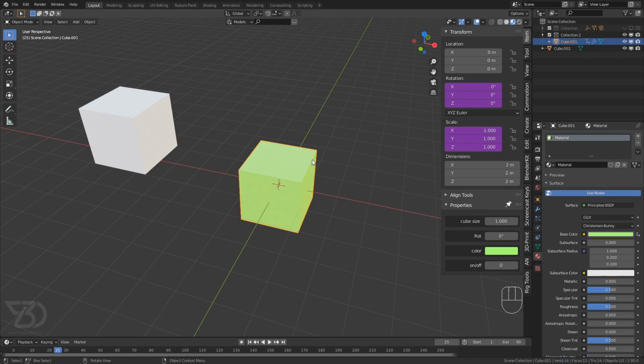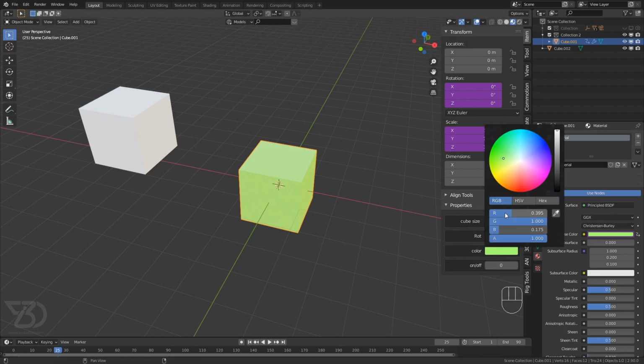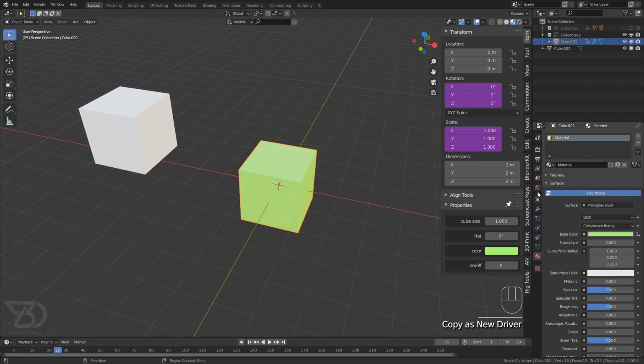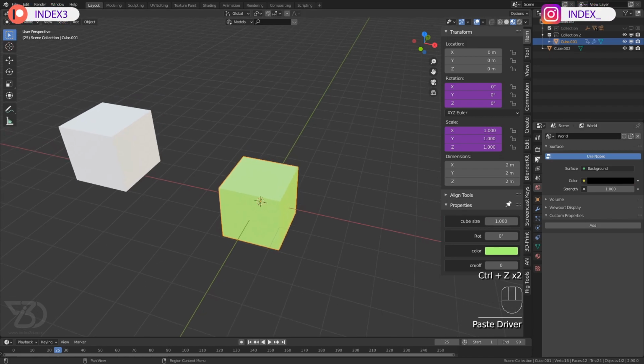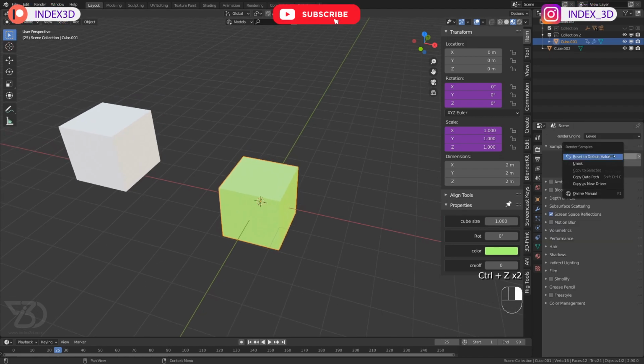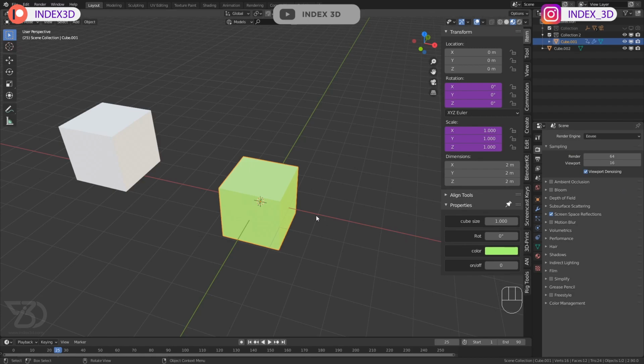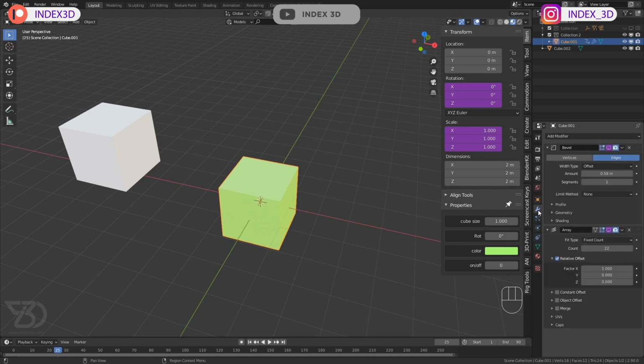Okay, and then we can also, as I told you earlier, control other values of Blender from this object. Just right click, open, right click, copy as a new driver, and then we can move to the world tab and set this into the world as well, copy and then paste. See, it will also work in the world tab. So undo for now. In the other properties as well, all the properties which we can animate, we can add a driver to that, then we can use this custom property on it.